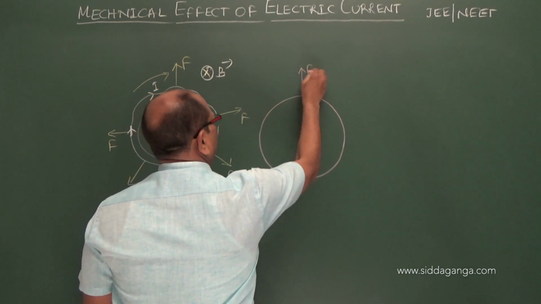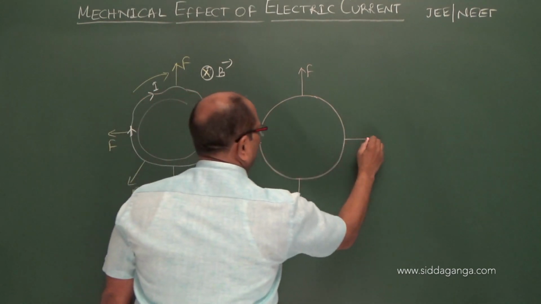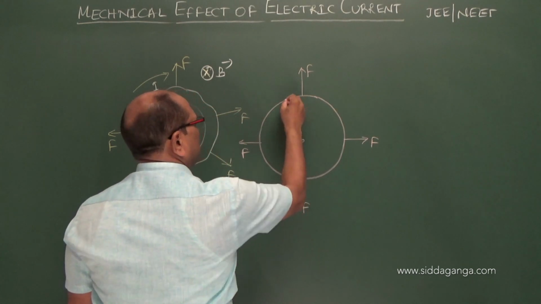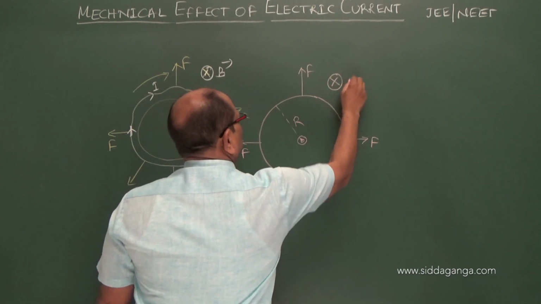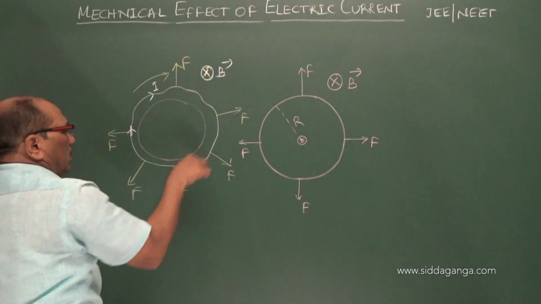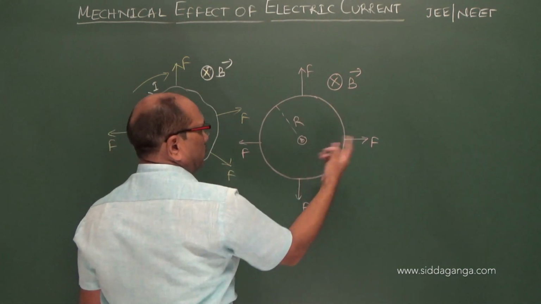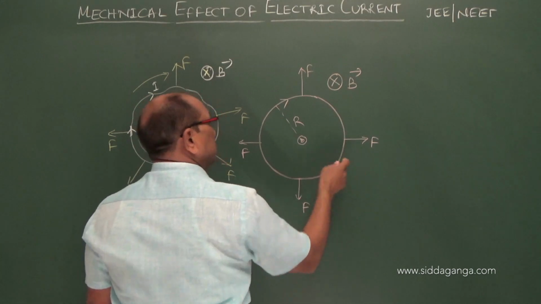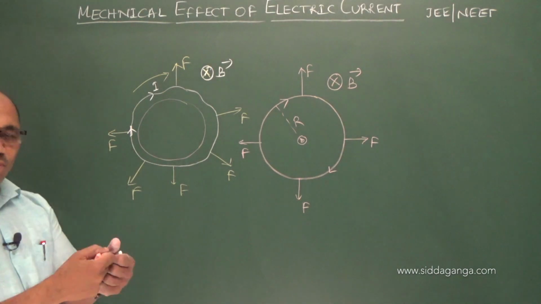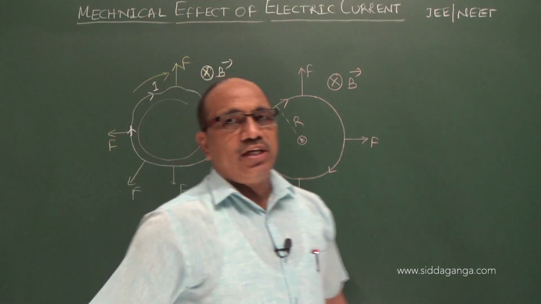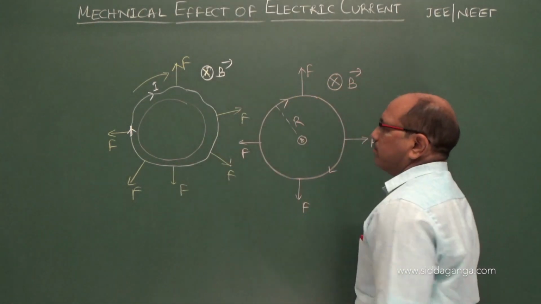Equilibrium is achieved, with force F here, F here, and F here. A perfect circle of a certain radius is achieved when the loop is placed in the field. A random loop that does not have a proper shape is converted into a perfect circle by the magnetic force when the current is taken in the clockwise direction. The loop takes a circular shape because the force is uniform at every point, outward, giving the circular shape.